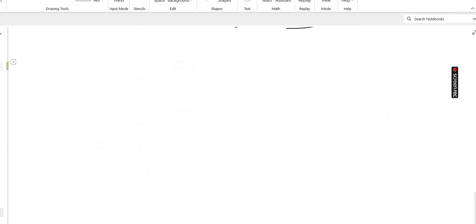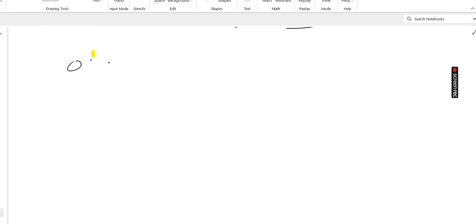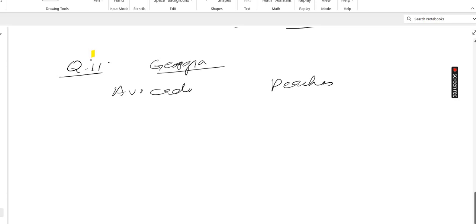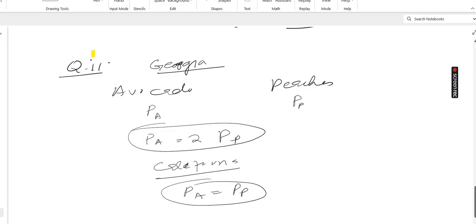इफ सपोज वी आर टॉकिंग अबाउट क्वेश्चन नंबर 11 और वी आर टॉकिंग अबाउट एवोकाडो एंड पीचेस, और एक स्टेट है जॉर्जिया। जॉर्जिया के अंदर प्राइस ऑफ एवोकाडो इज ट्वाइस ऑफ प्राइस ऑफ पीचेस, ठीक है जी। जबकि जो कैलिफोर्निया है उसमें प्राइस ऑफ एवोकाडो इज जस्ट इक्वल टू प्राइस ऑफ पीच, ठीक है। ये एक हमारे पास इंफॉर्मेशन है और एक हमारे पास ये इंफॉर्मेशन है। अब आप मुझे बताओ